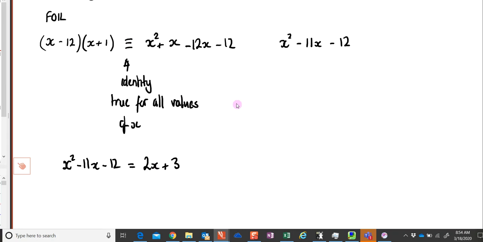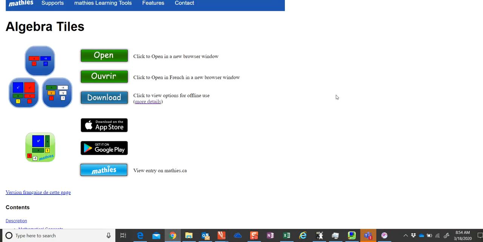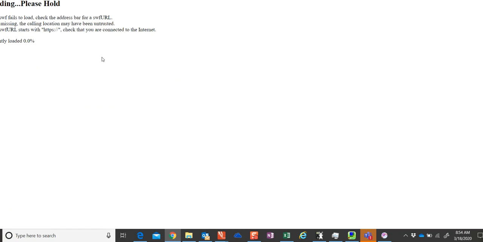All right. So, as I said, I want to have a look at using this algebra tiles thing. So let's have a look at one like x plus 2, x subtract 6. Now, I know you know how to do this, but let's have a look at this website. So I asked you to open up the algebra tiles yesterday. I gave you the link. So when we open it,